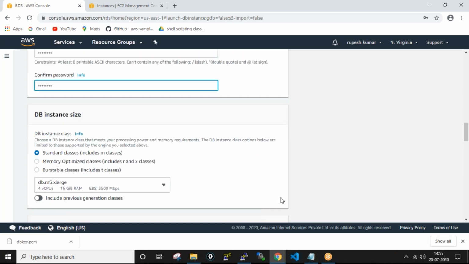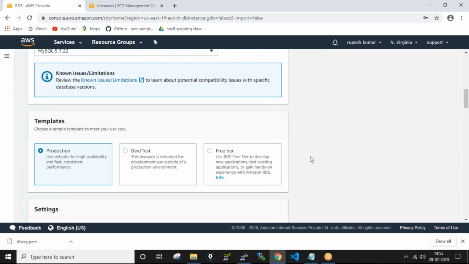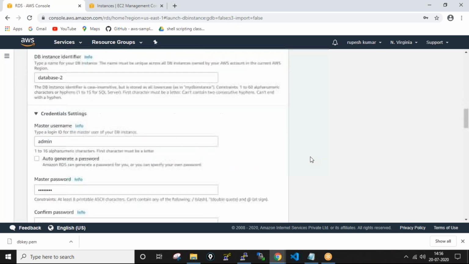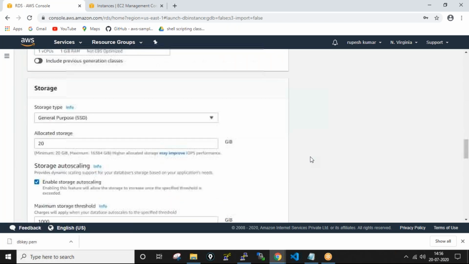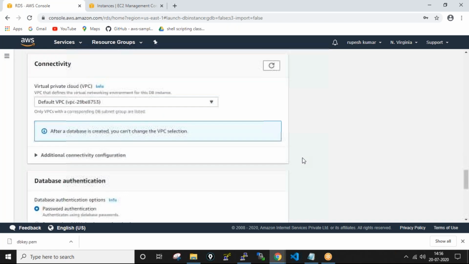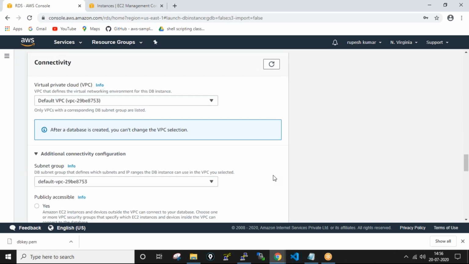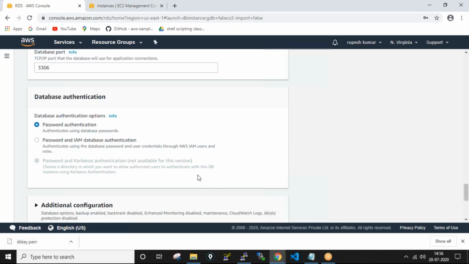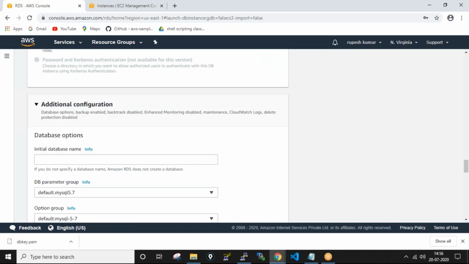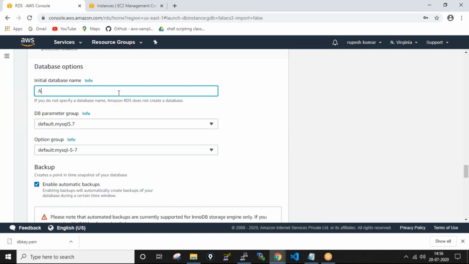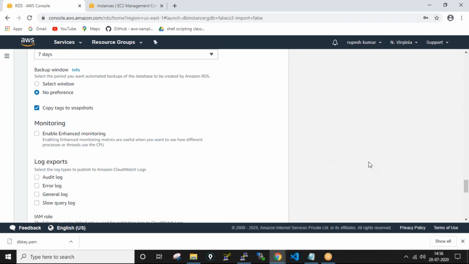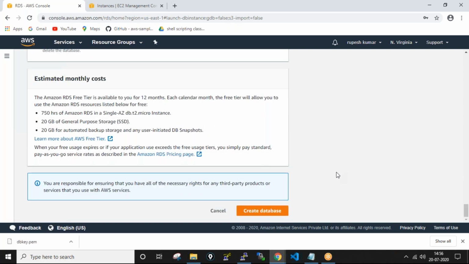For size, I'm taking free tier. Public accessible, yes. Then the database name, and create database.